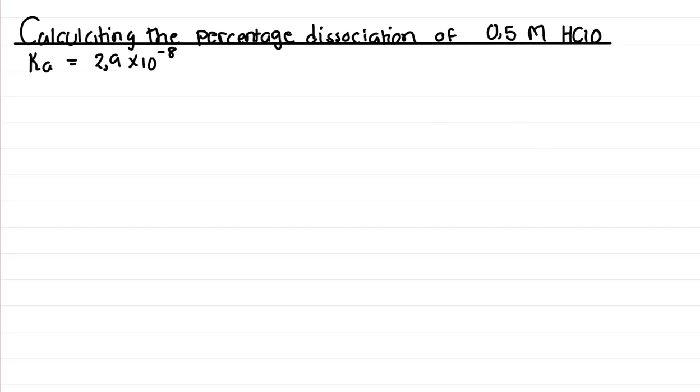0.5 molar of hypochlorous acid. So that is a weak acid. What we are doing here is dissociation of a weak acid. So the first step, we have to write the balanced dissociation reaction for